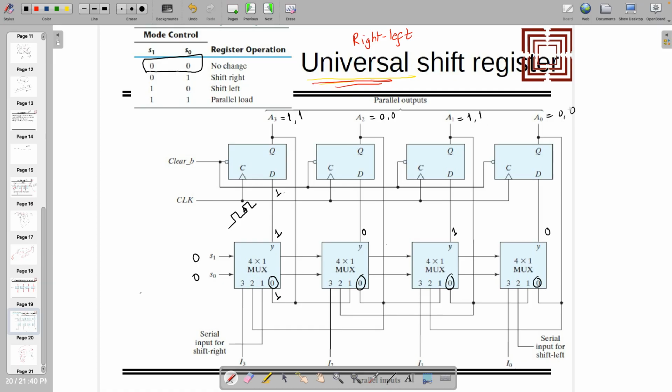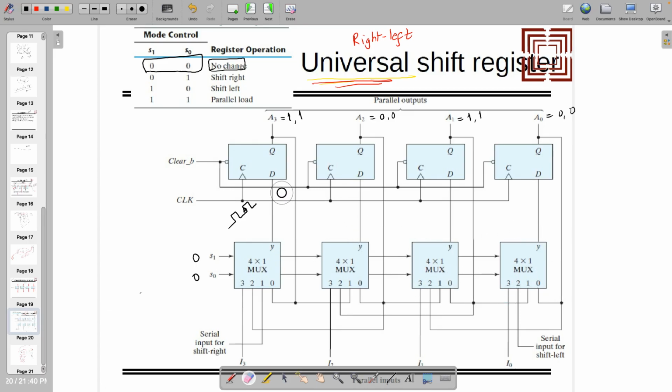And for infinite time, you just check, it's not changing the output at all, right? So that's why it is written over here. When you are going to give 0 0, there is no change. It will latch the previous output, right? Now